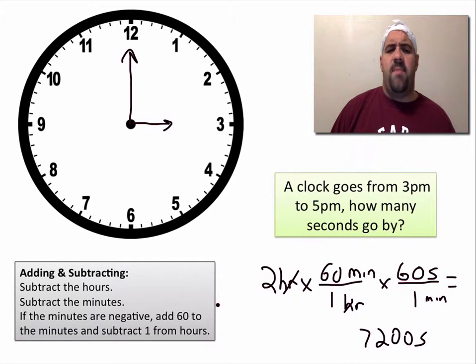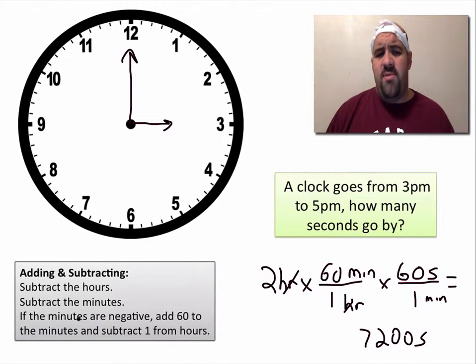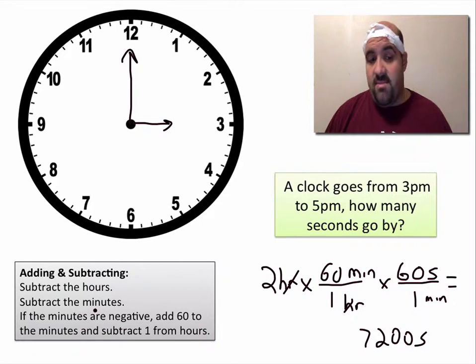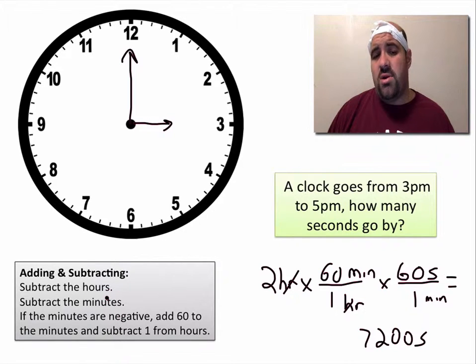So this is an easier problem. I do give you some harder problems, and there is a way you can add and subtract time. You subtract the hours, subtract the minutes. If the minutes are negative, add 60. This works sometimes. When you're dealing with lengths of time, it works, but when you're dealing with clock problems, this